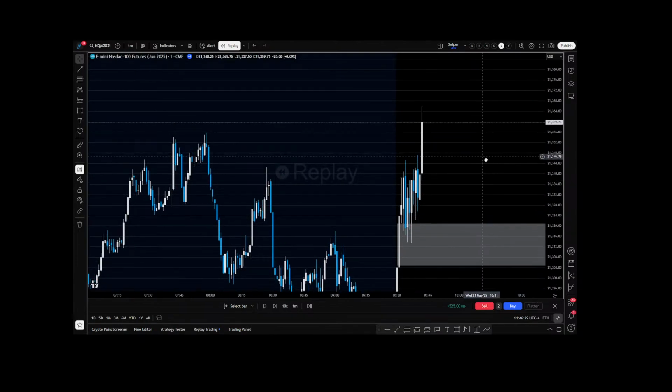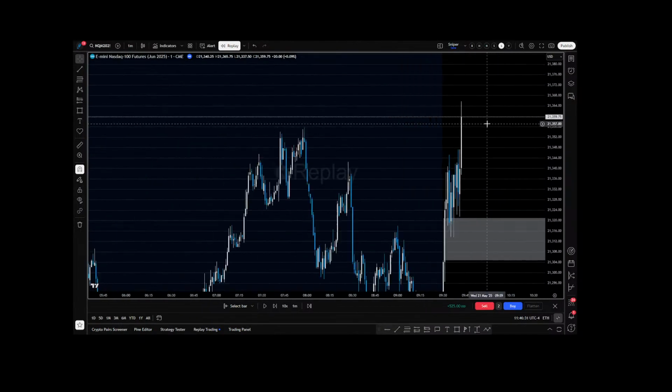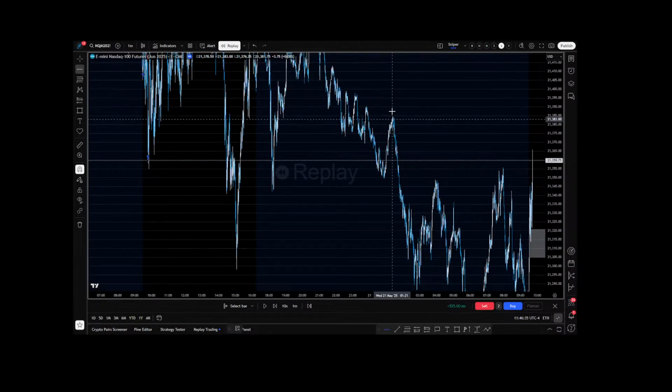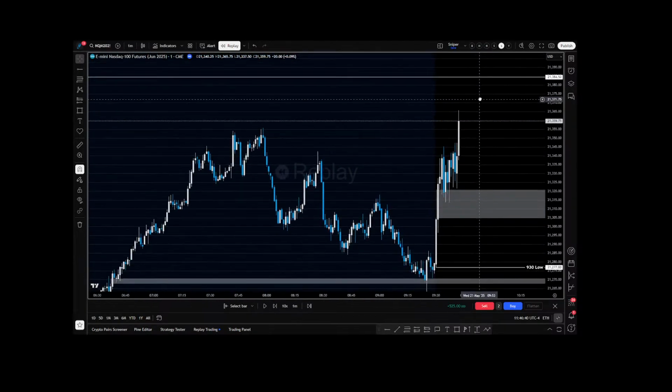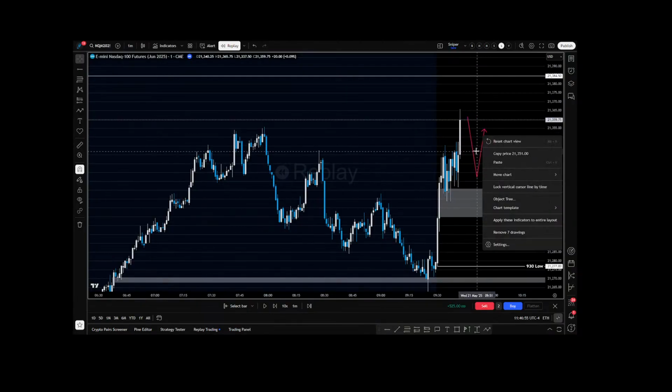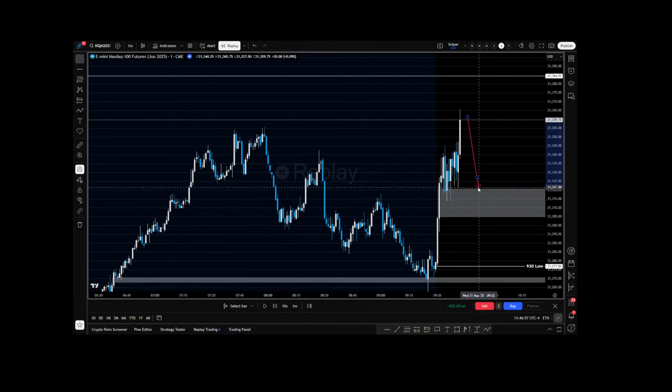In a situation like this, first let's mark out our draw. We have a high up here. On a higher time frame, this is a swing high. What I'm looking for is a retracement that creates something like this, in which a bearish fair value gap is created in here, and then we inverse that and get a long, or an inversion of a bullish fair value gap and get a short.